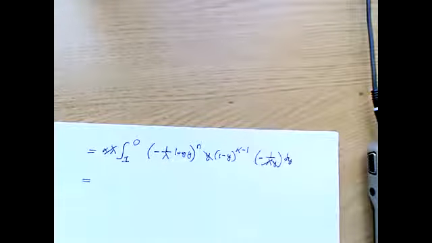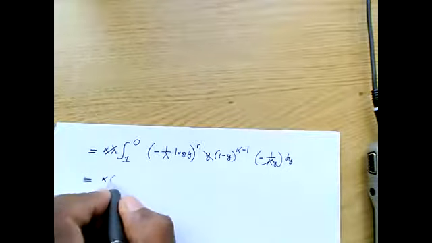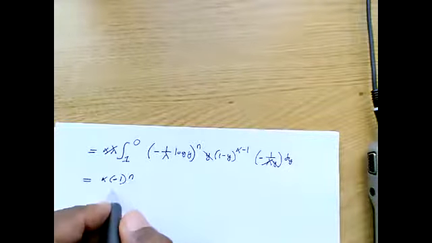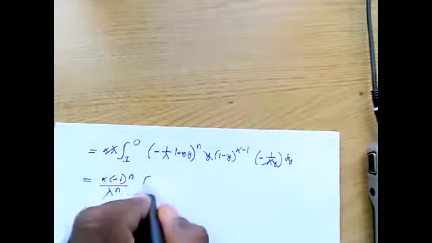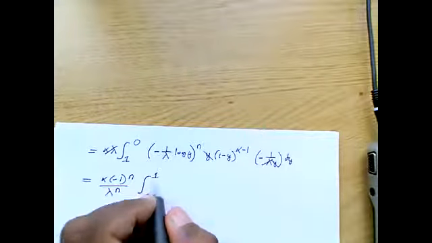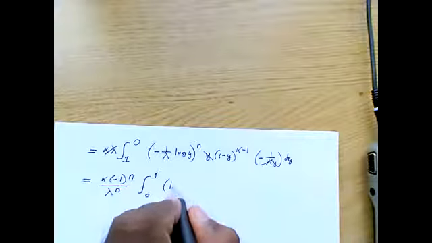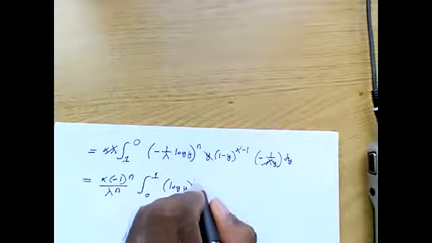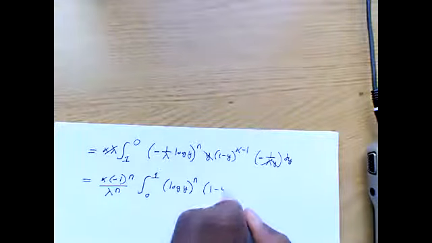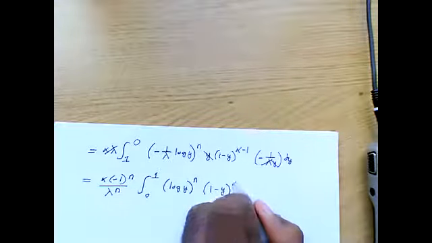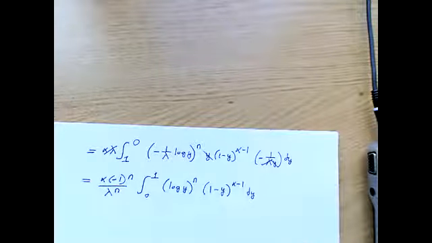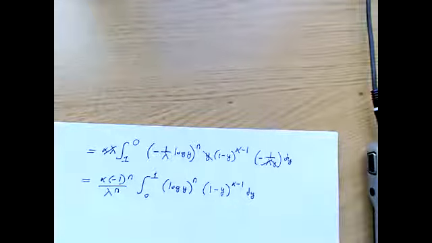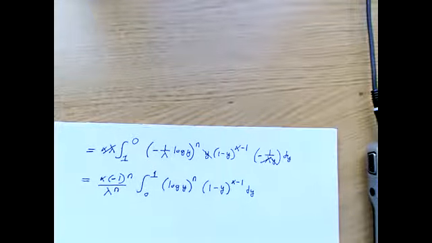let me put this away. What you will get is the following. You will get alpha minus 1 power n divided by this. Then the integral from 0 to 1 of... Now, in the next step, I'm going to use a property I mentioned in the preliminary section of the